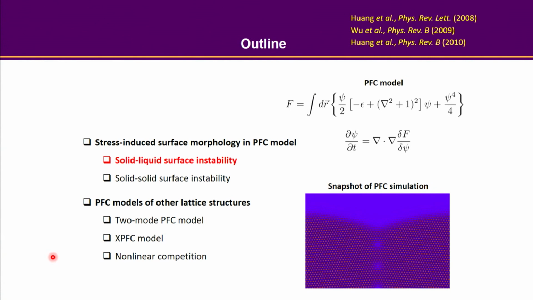In PFC, you can set up just a solid-liquid coexistence, then try to press your solid and see what's going to happen on the planar surface. And the other is the solid-solid surface, which means a grain boundary. As just introduced by Guru yesterday, we are expecting that if two solids have no difference in their elastic behavior, then we don't expect the planar surface to become like a wavy profile, right? So we are going to test that classic prediction and see what would happen when we compress our solid